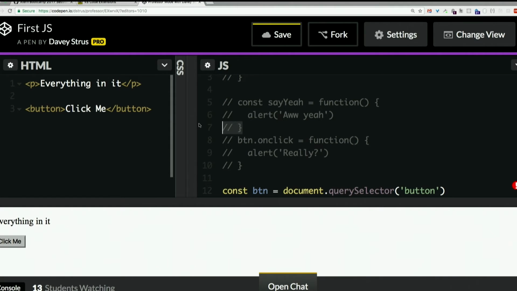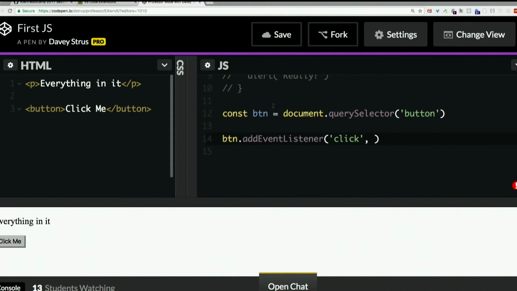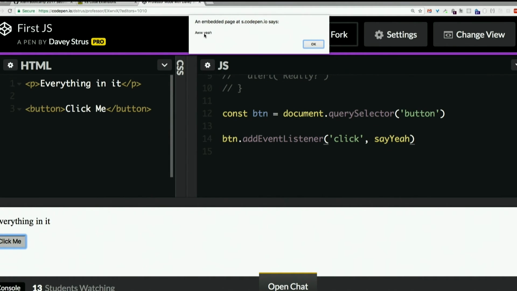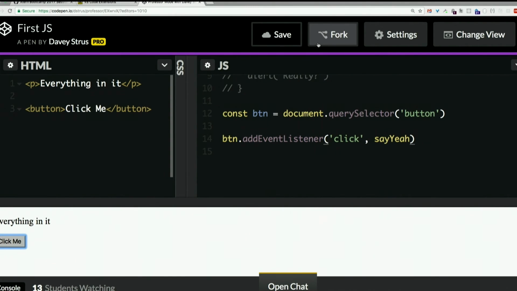So if we get our sayYeah function assigned to a variable, and we just pass in sayYeah,